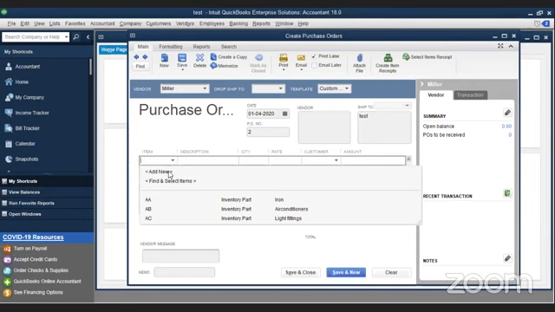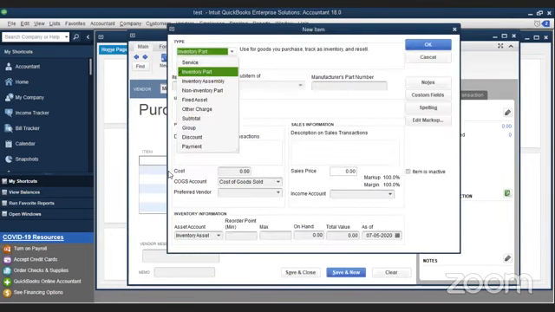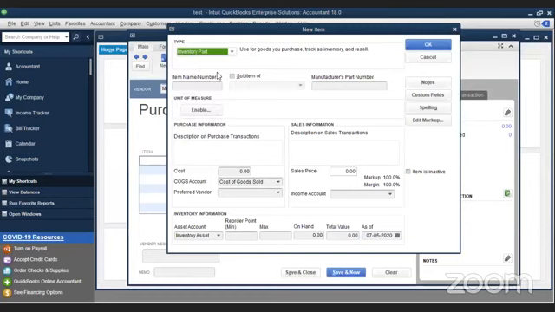So we'll say add new. Inventory part. It's going to be AD. For the purchase transaction, we'll say we are going to buy some light fittings. Just for the sake of it. Cost, I don't know. And as of date is again normal. You updated everything.